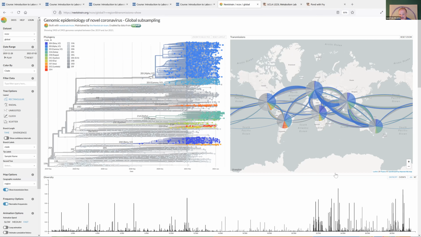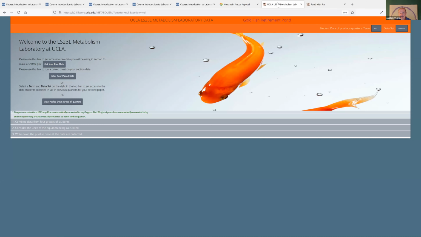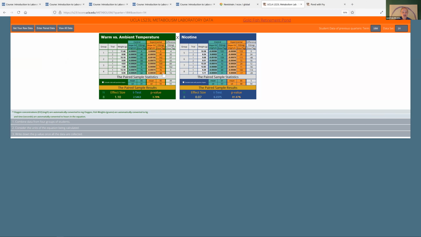All right, so then this is a Metabolism website I wanted to show you. If you select a quarter and a section, you get the site for this. This is one experiment. This is one experiment. Let me just look. Nicotine, caffeine. If it's the same, it's caffeine. In the center you can merge. There's going to be merged, and then you have 16N instead of 8N. You can do that too.